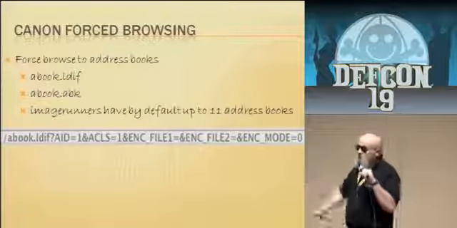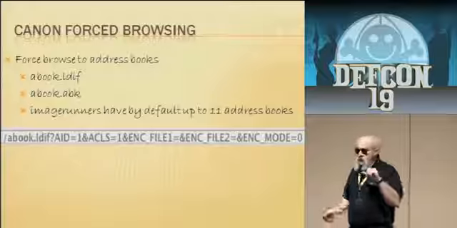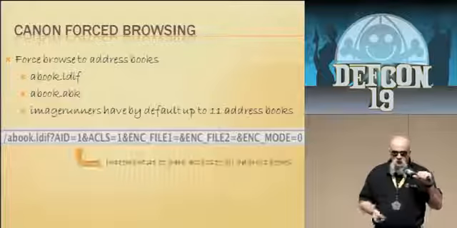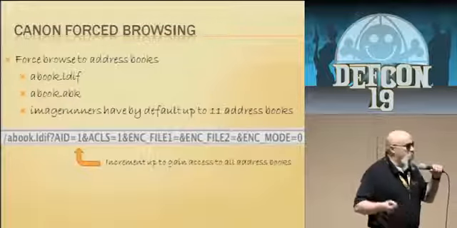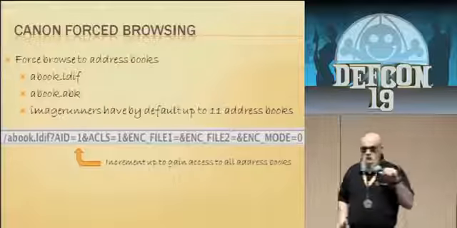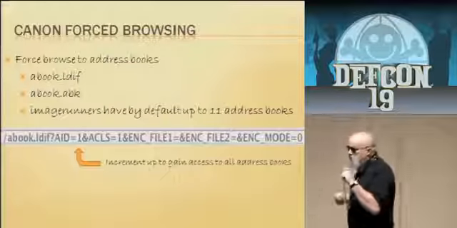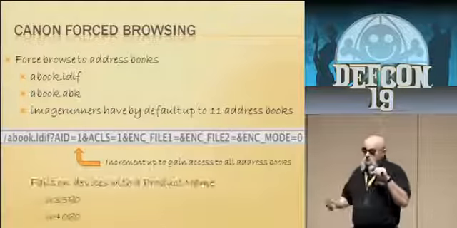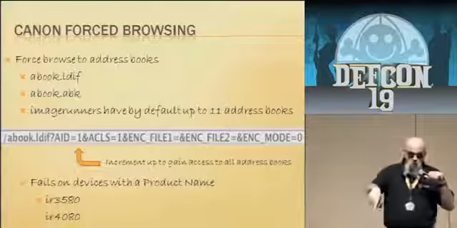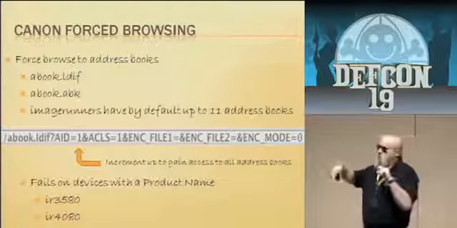And then enter this in, and it'll give you the first address book. If you increment the AID up 1 through 11, you can get each and every one of the address books. The data that typically comes off the address books is in plain text. Also, a quick note. Early this year, I had mentioned